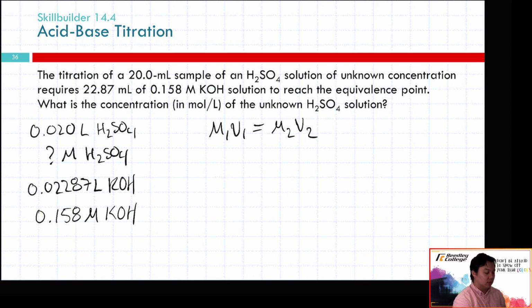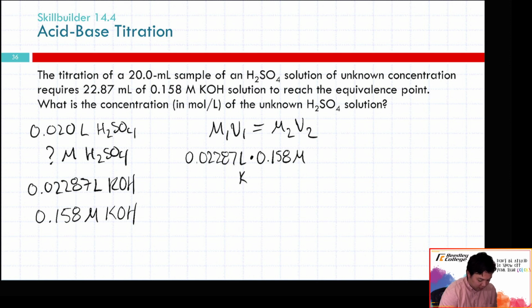No, wait, let me think about this. No, so take back what I said. So we can do this still, but we have 0.02287 liters times our 0.158 molar. All right, so this is for KOH, is going to be equal to what molarity, and our V2 is going to be 0.020 liters H2SO4. Actually, let me do it the same way. All right, this is for our